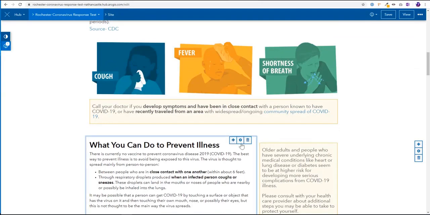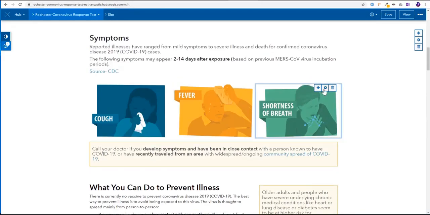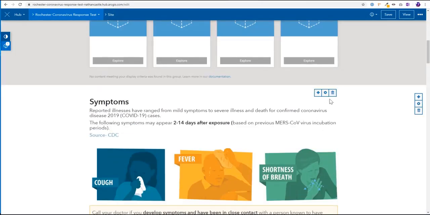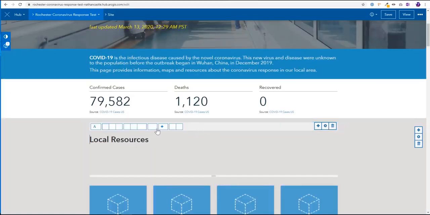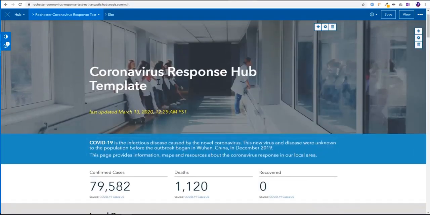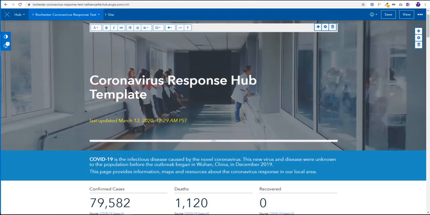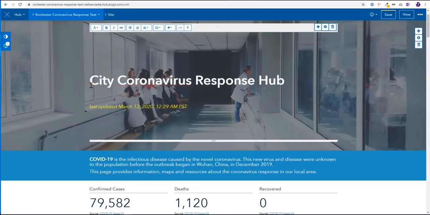and you can see there are now editing boxes that are appearing around each of these blocks within the site, which shows you places that you can then edit that site and make it your own for your own area. For instance, if I come in here to this top part, and let's say I want to make this not as generic and make it for the city of Rochester specifically, I can delete the word template here, and I can add in City of Rochester